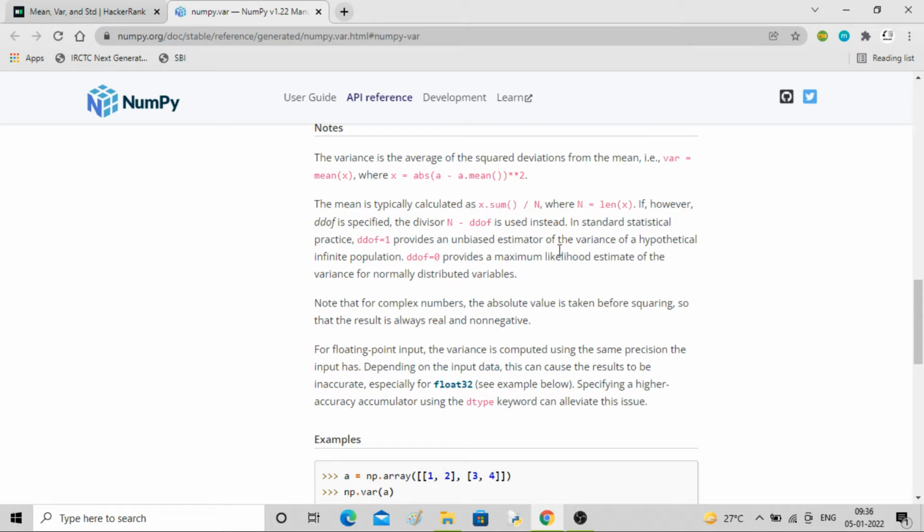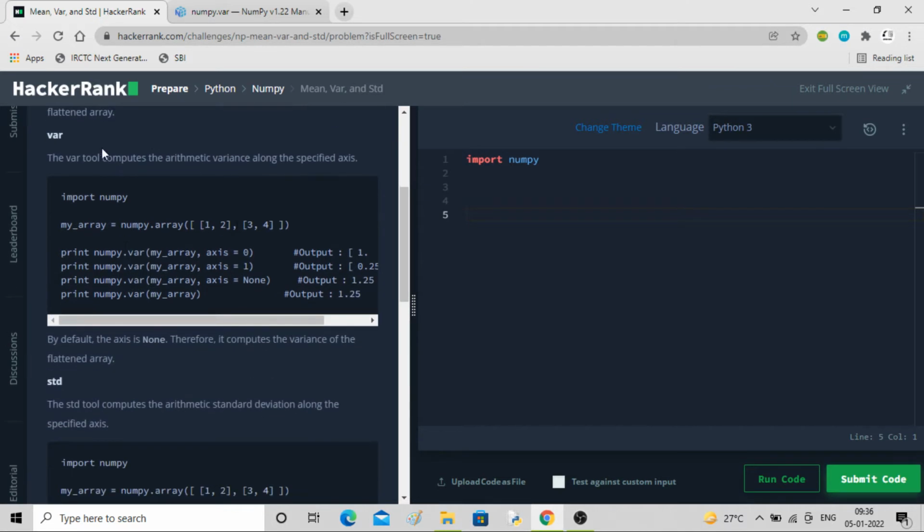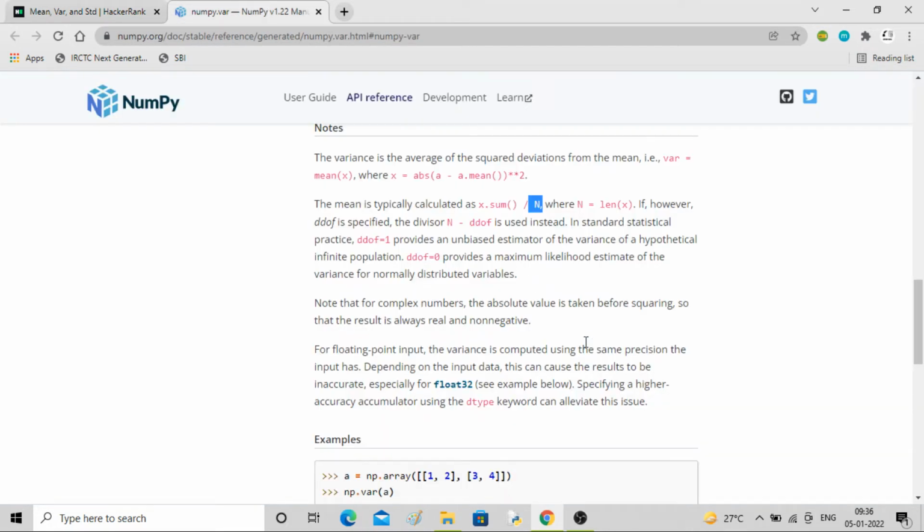So that is what I have done. First I calculated this, then summed it, divided by n. You might know this arithmetic, or you can search on YouTube, and you will find ample videos for understanding variance. So this is how variance is being calculated. NumPy is calculating variance in this fashion.